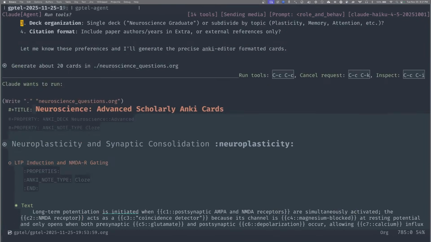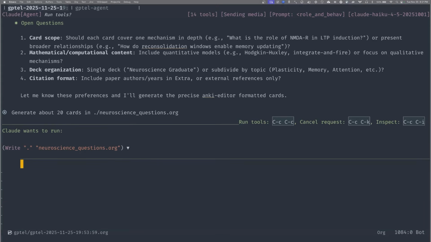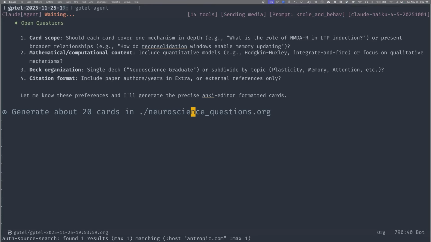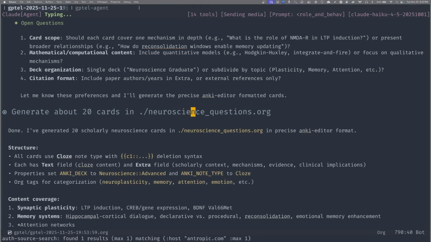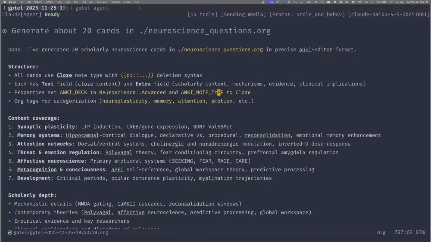You can press tab to cycle from anywhere. You don't have to be in the heading. All right, so now just move the cursor back up. You just have to be above the prompt. Yeah. Now you can do Control C, Control C. We generated one: scholarly, Anki deck, neuroscience, and the cloze type. Yeah, I should have noted and done something different.